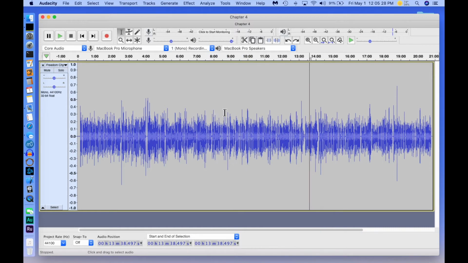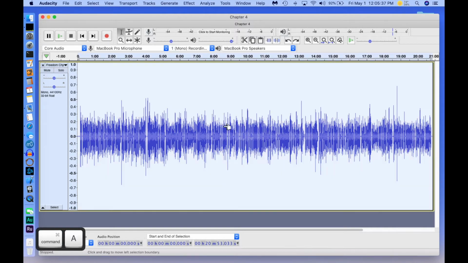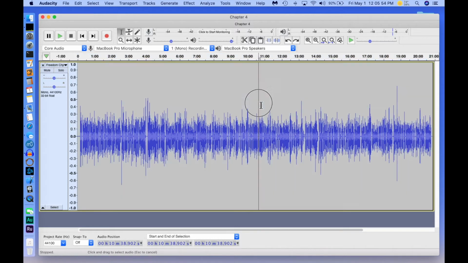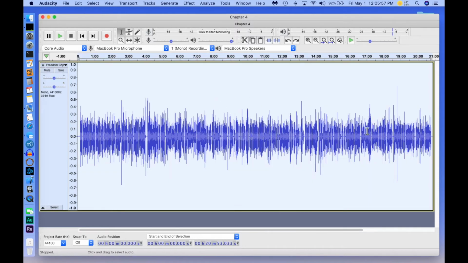So in order to work on things, you have to have a selection. You need to have something highlighted. The way you do that, you can do Control A down here, or you can double click. Double clicking selects the whole track. When we're doing these adjustments like lowering the spikes or changing the gain or normalizing, all these things we're going to do in the next few minutes, I want to make sure we always have the entire track selected so we don't just do it to part